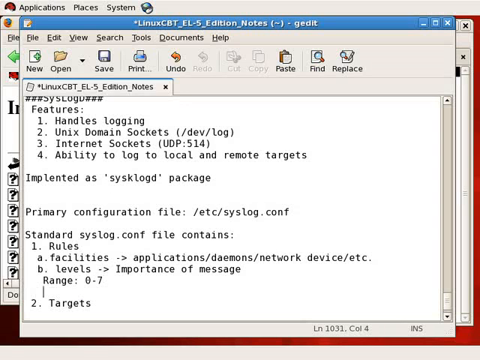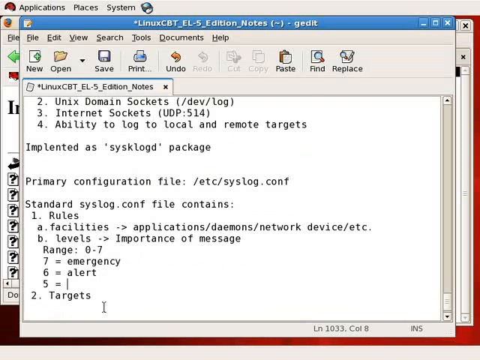So let's list those levels, beginning with 7 for an emergency message, followed by 6 for alert messages, which are not as critical as emergency messages, but generally indicate a level of criticality that's worth exploration. The 5th level is critical,